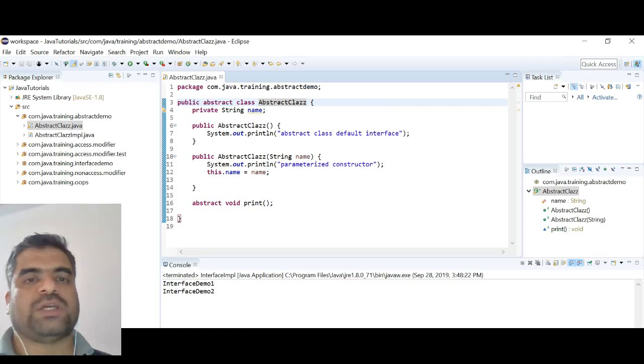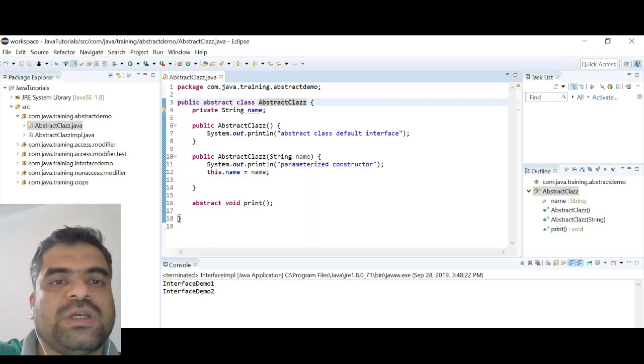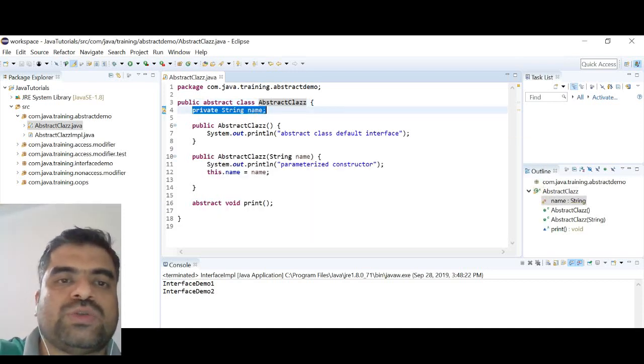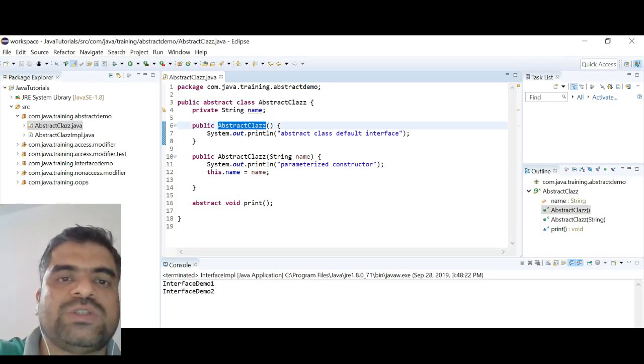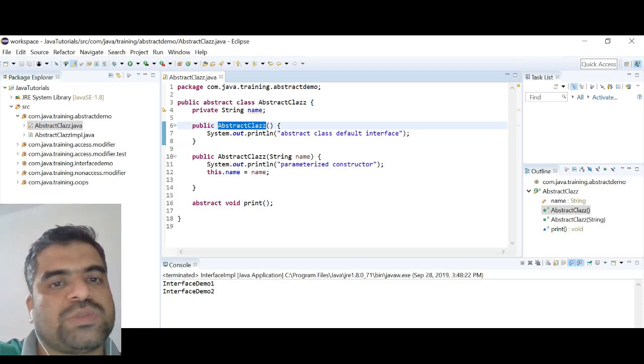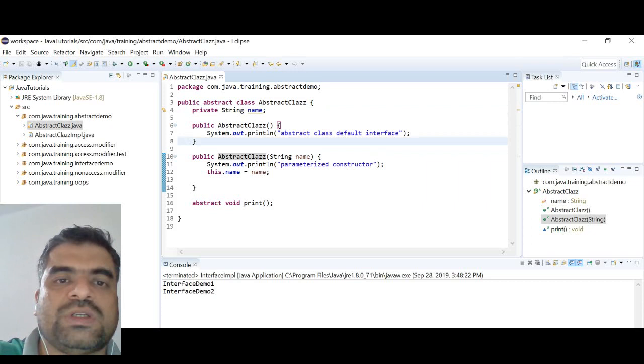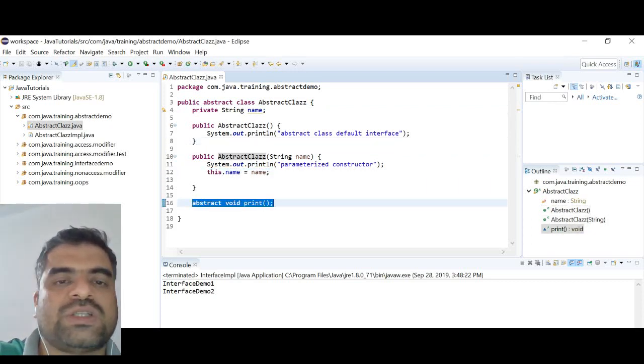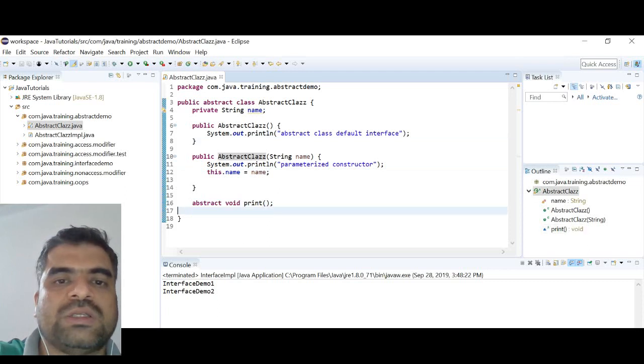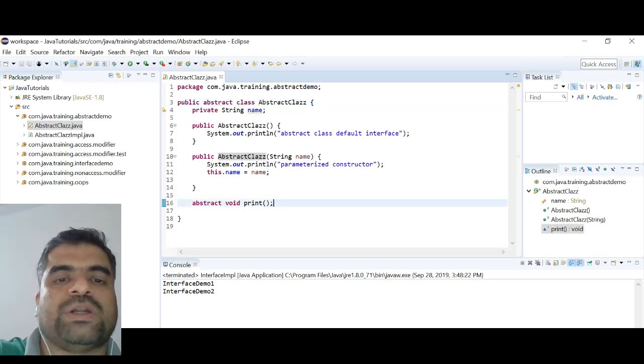So this is the abstract class. How do we create an abstract class? By using the abstract keyword. When I define a class, I add the abstract keyword, so the compiler will know this is an abstract class. Okay, here I have one private variable, a constructor of this class, and also a constructor with a parameter, which initializes it, and I have one method that is